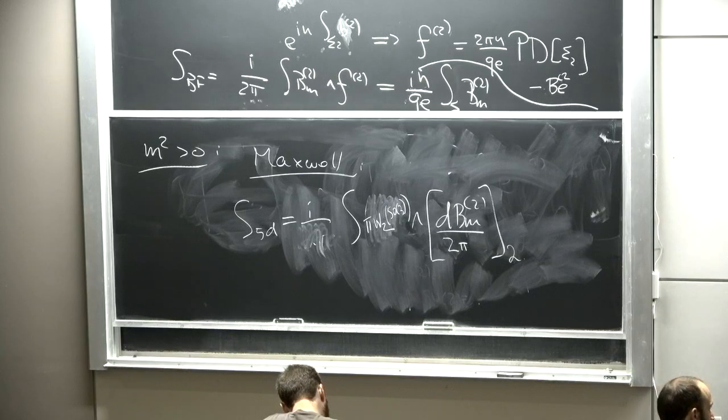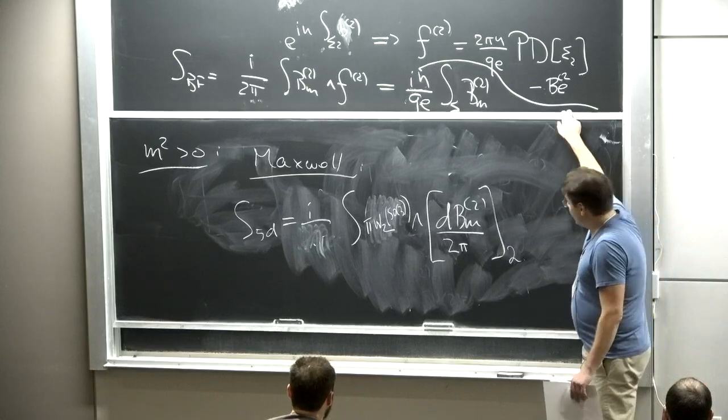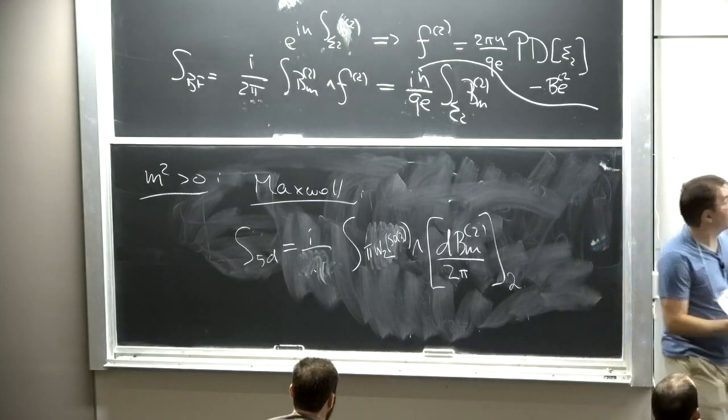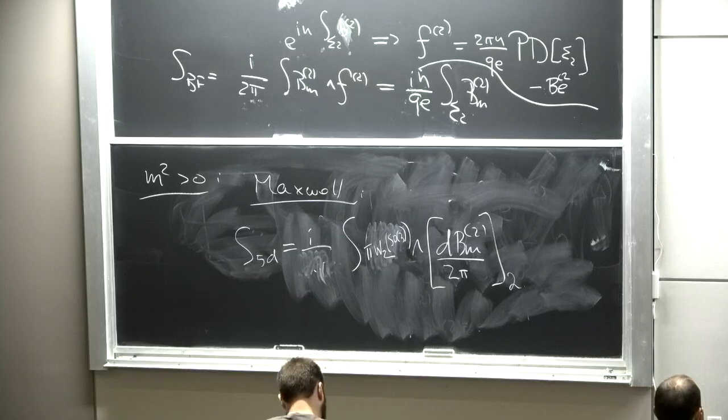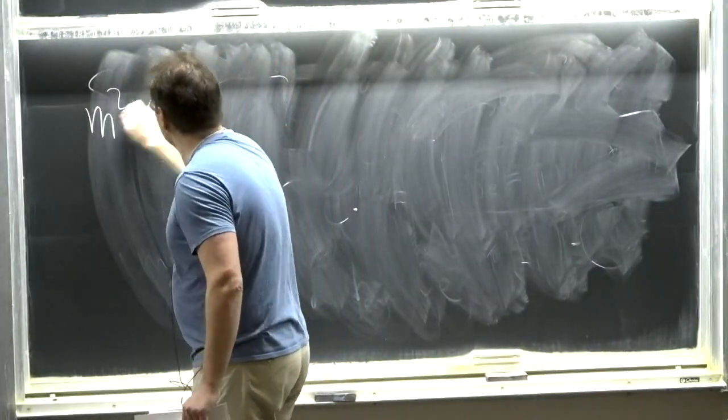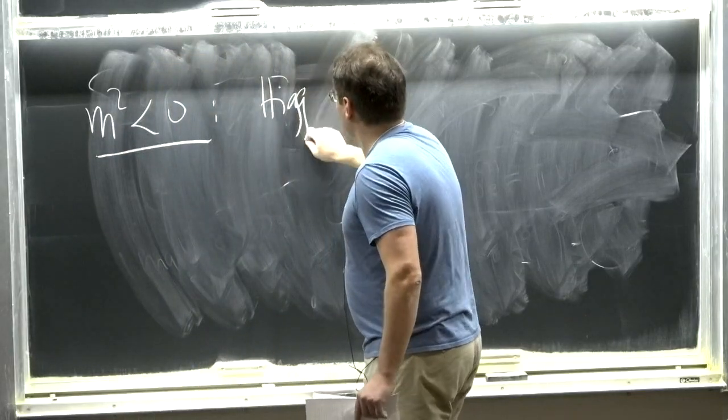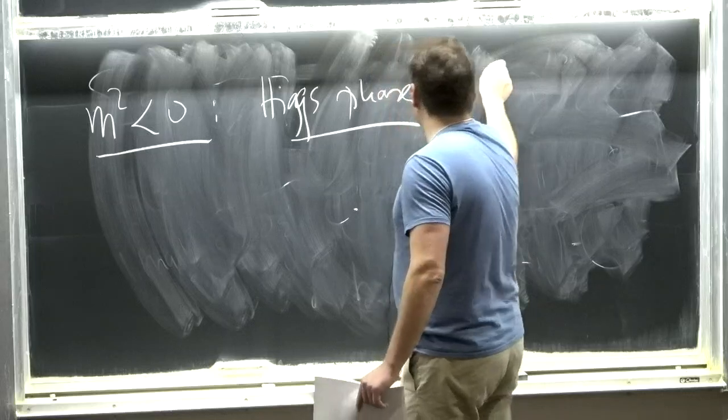So I have 6-7 minutes left. Let me start our discussion of what happens if you try to drive this model to a Higgs phase. One way you might imagine gapping this model is by driving it to a Higgs phase. In the case of charge 1, that was how we managed to do it. Well, what happens if we take the mass squared to be very negative in this potential? Then the scalar h gets a vacuum expectation value. So if m squared is negative, we're in the Higgs phase. H gets a VEV.